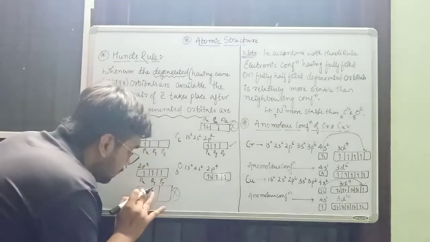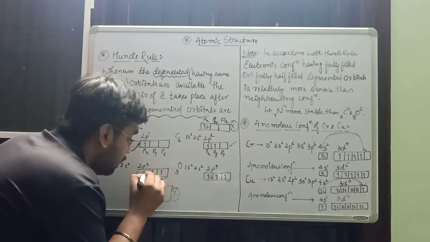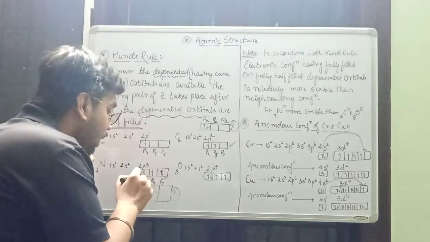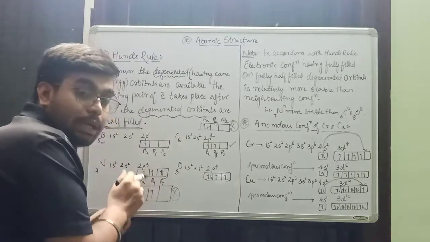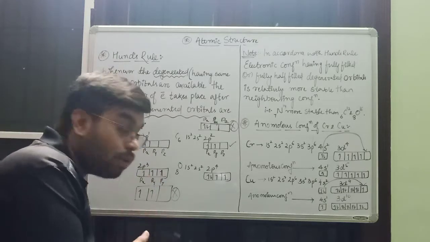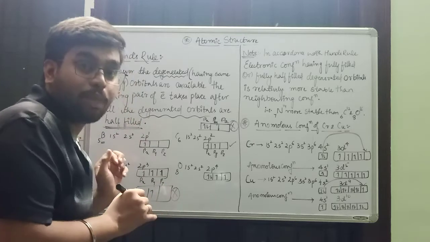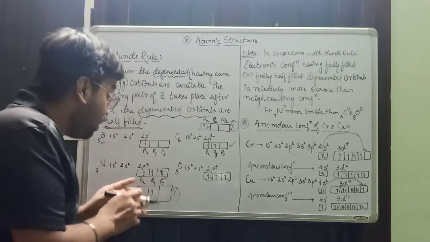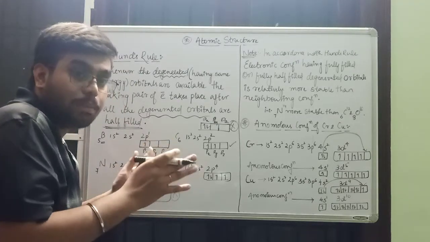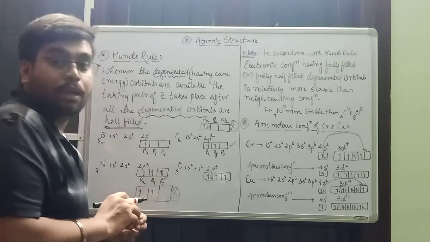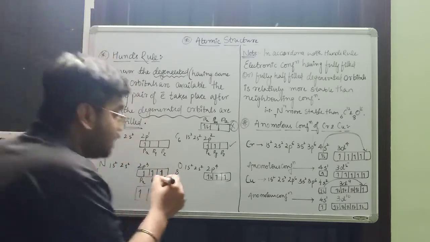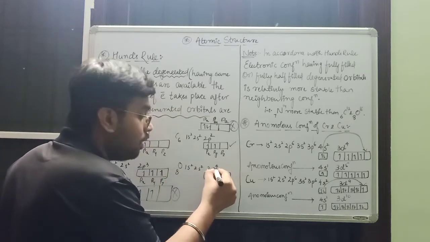See, once these are arranged so that each p orbital has one electron, the p orbital is completely half filled. That means the degenerate orbitals of the p subshell are completely half filled. Can the pairing up take place now? Yes. That's the reason why in oxygen 2p4 you can see